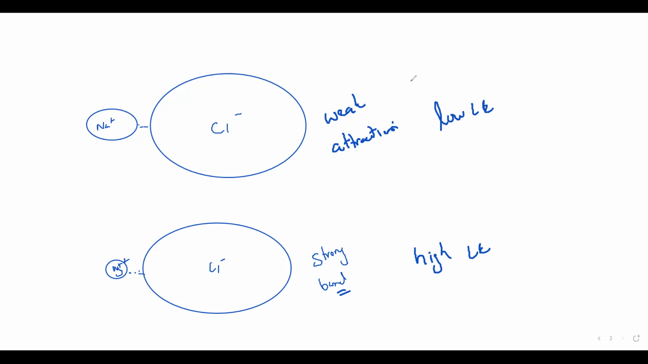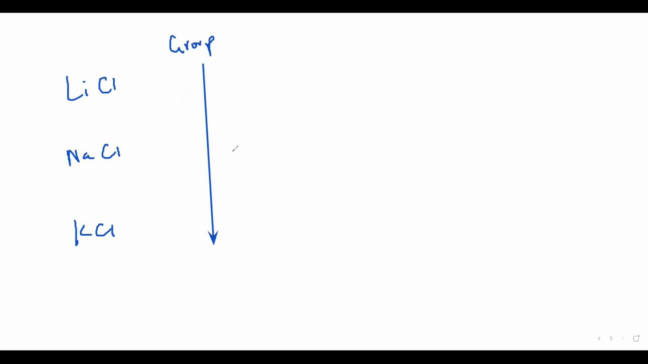So the lattice energy depends on the size of the ions. It should be as small as possible. That is why, if we check the trend of lattice energy down the group for chlorides, for example lithium chloride, sodium chloride, potassium chloride, as we go down the group, we find that the lattice energy will decrease, or the ionic bond will be relatively weaker. But when we move across the period,